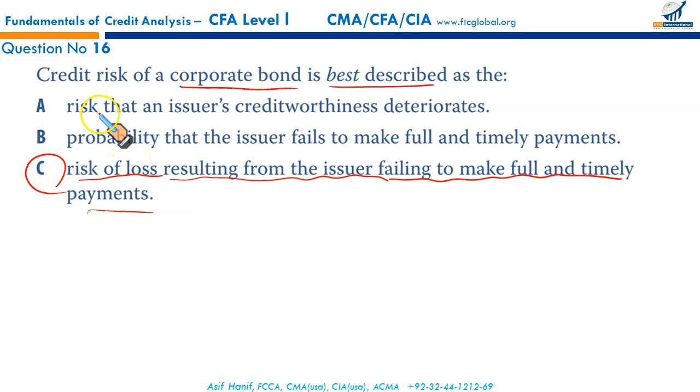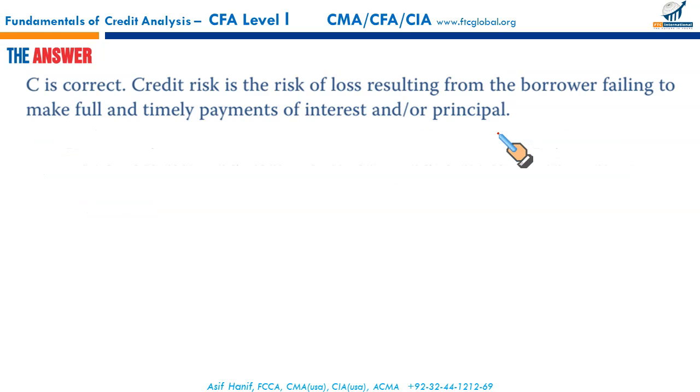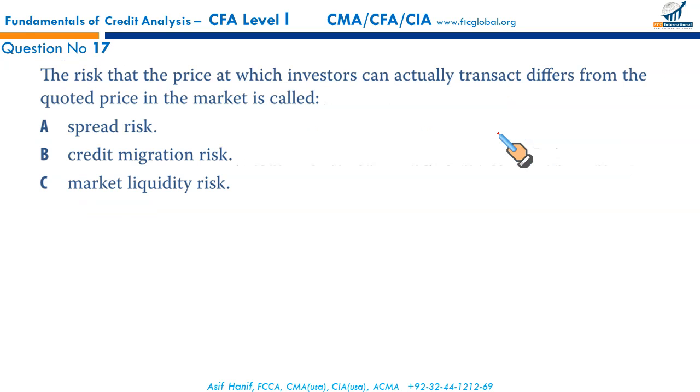Why not A? Risk that an issuer's creditworthiness deteriorates. This is the credit downgrade. Probability that issuer fails to make full and timely payment. It is default probability. So we know for sure, now it's C. Next,